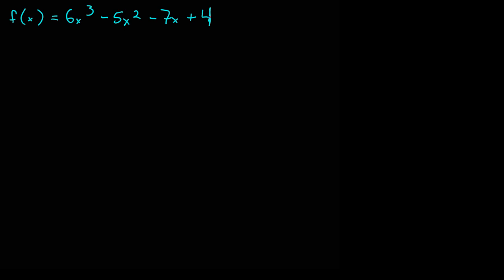Looking at this, I actually don't know much to tell you about it. I know I've got a positive a sub n, so there are some behaviors I could pull out of this in how it's coming in and going out of the function. It's a 3rd degree polynomial, so it's going to be moving generally in this direction, starting in negative infinity, working its way out. Having a 3rd degree polynomial, I have a possibility of having 3 solutions, but that's about it. I'm not sure where they are. I don't know how big they are.